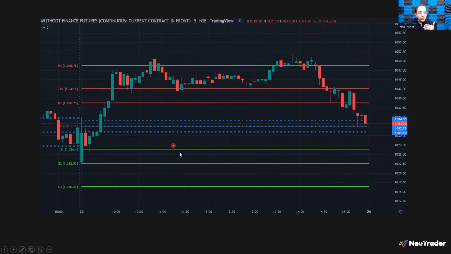Now, if you see here, I have also incorporated the Camarilla pivot. So when you are combining the Camarilla pivot,